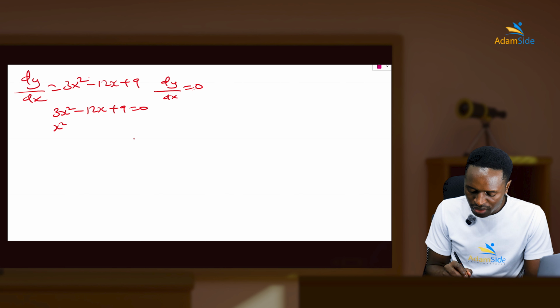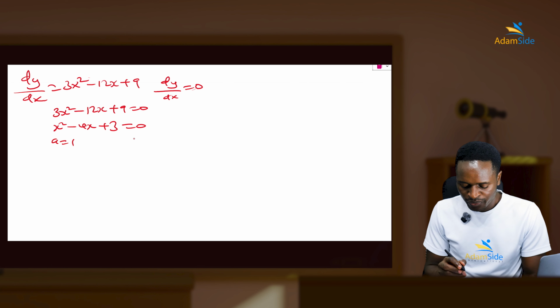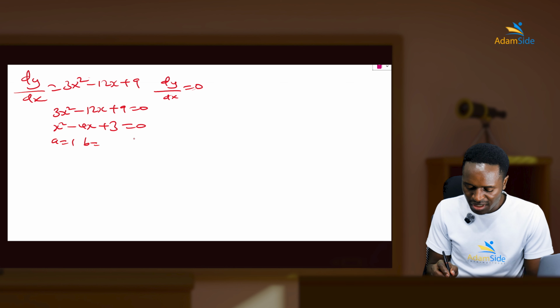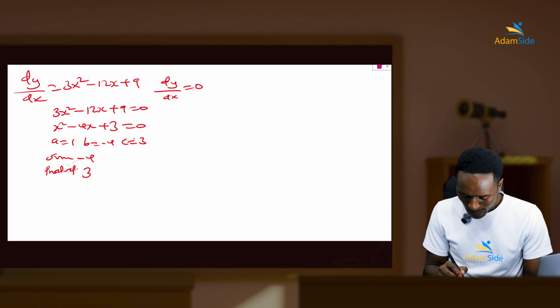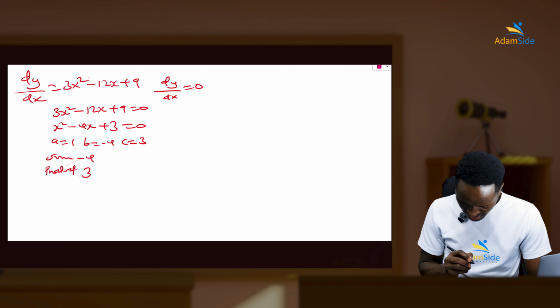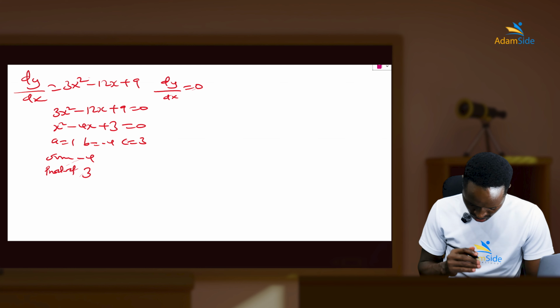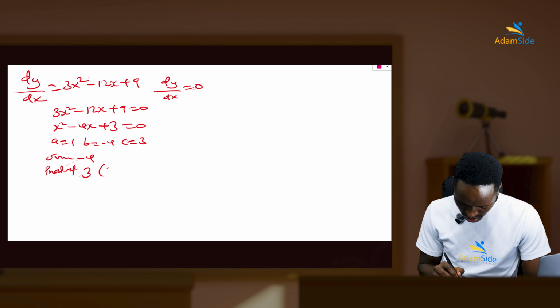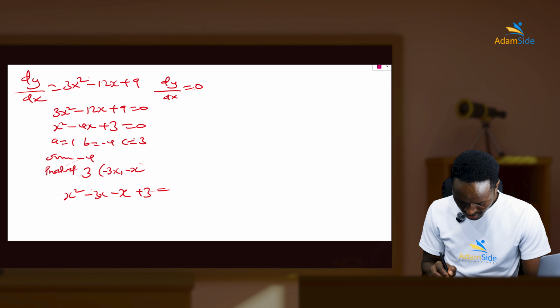So you can divide both sides by 3 and get x squared minus 4x plus 3 is equal to 0. So a is 1, b is negative 4, and c is 3. The sum is negative 4, the product is 3. Numbers that if you add, you get negative 4, and if you multiply, you get 3. So 3 and 1. So you say this is negative 3x and negative x. So x squared minus 3x minus x plus 3